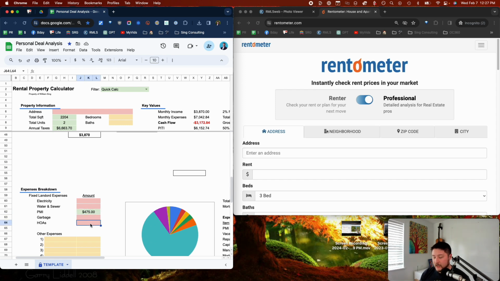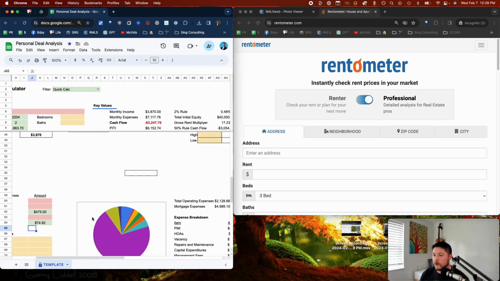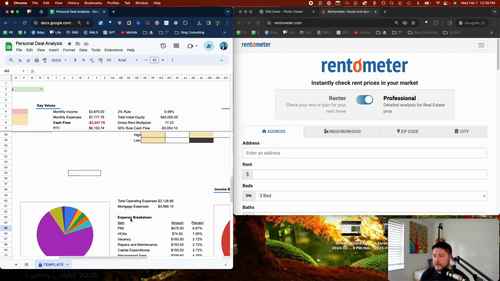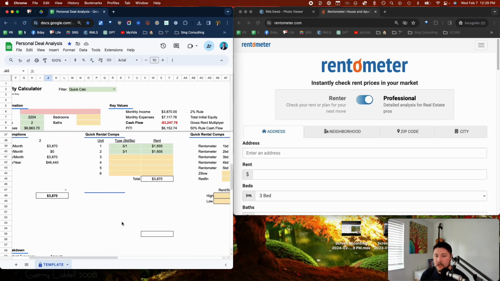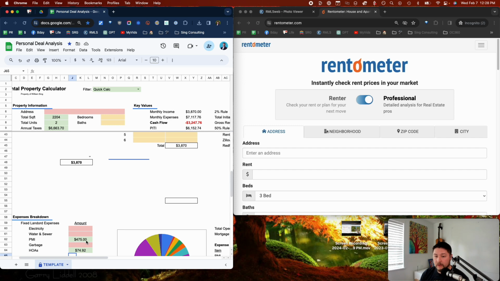In this case, there's actually an HOA of around 890. Let me double check. Yeah, 899 per year, which definitely did not add in properly. So that's around $75. Sometimes you can get mortgage insurance depending on, there are some special loan programs out there that are more portfolio loans. That might be something to look into, where you can pay off some of the mortgage insurance, which can help out a ton, especially if that's a